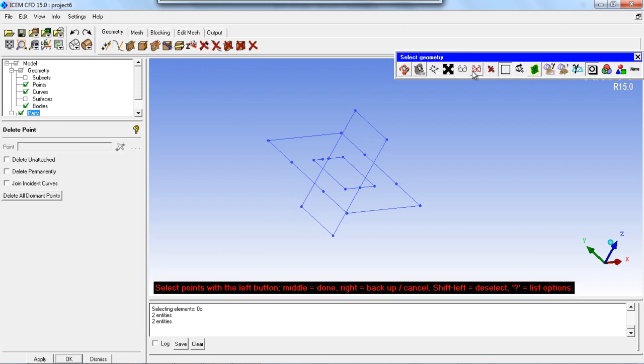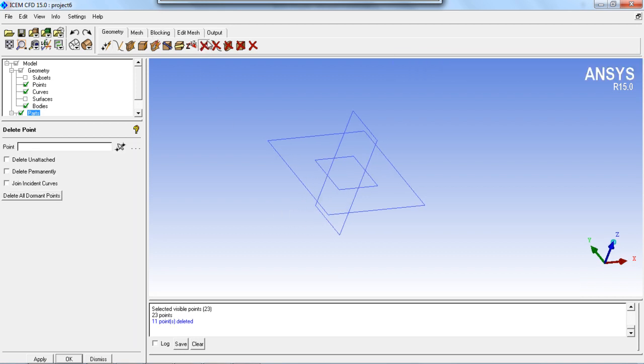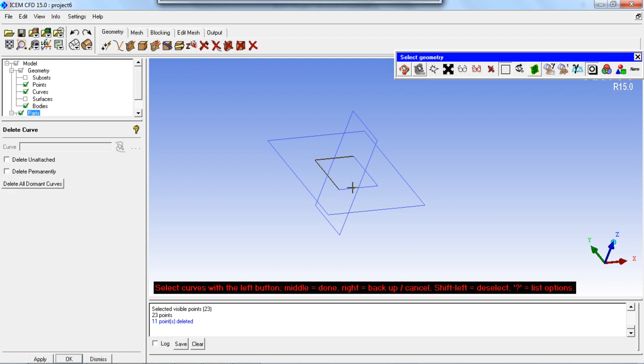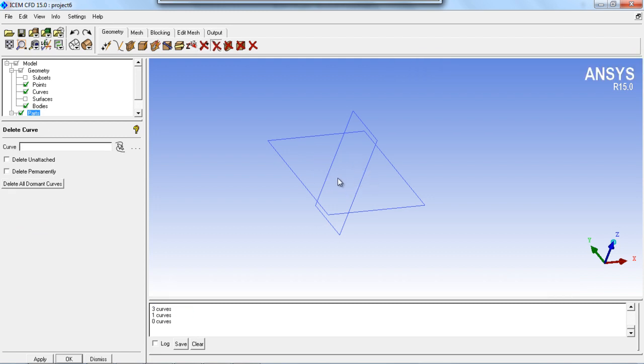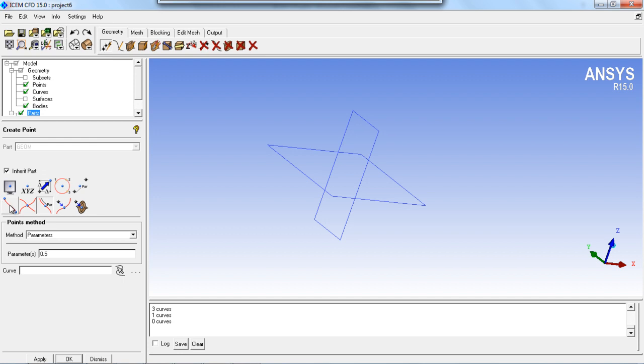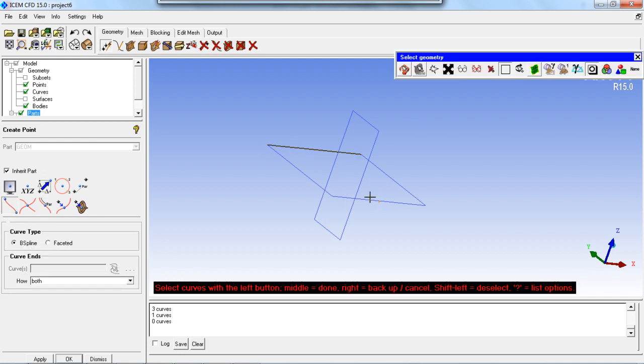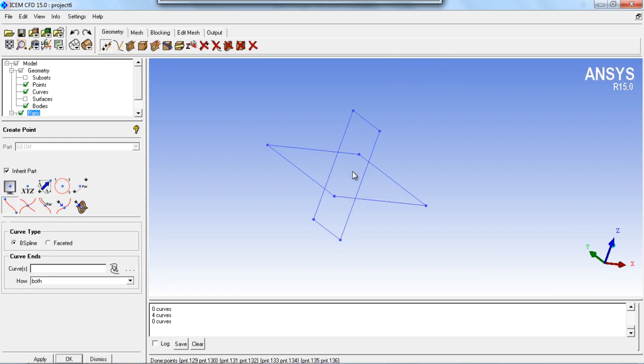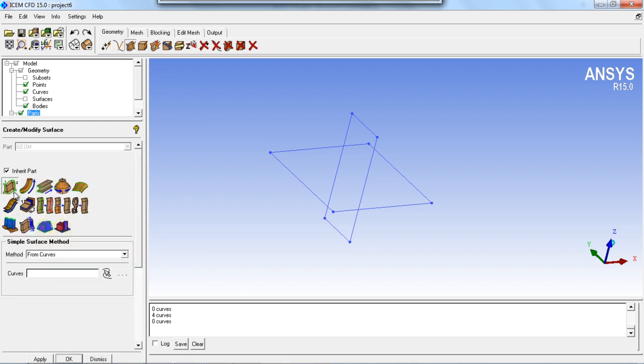Select all the points. Again, create the points at the end of the curves. Okay. Create the surfaces.